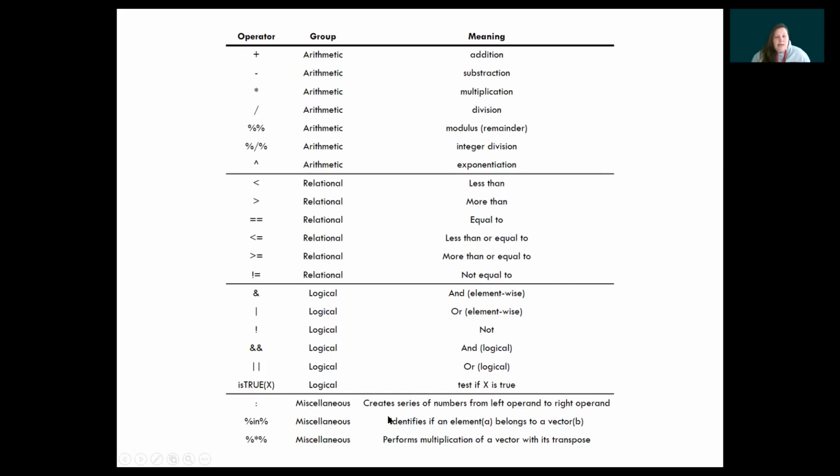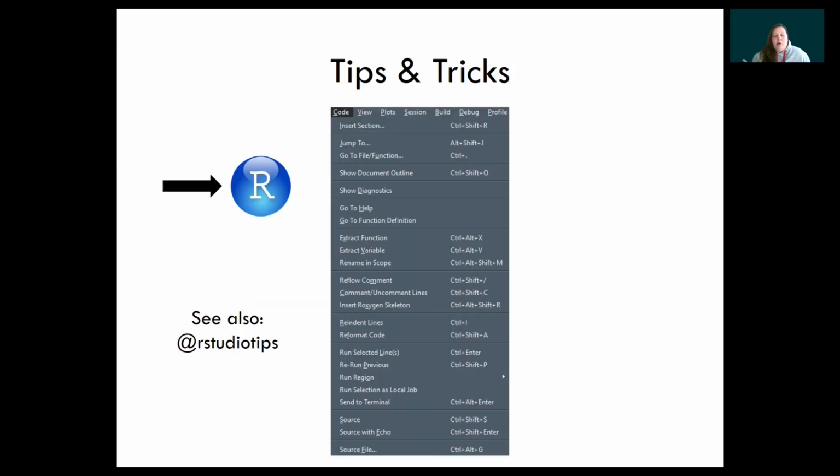And there are the miscellaneous operators. For example, the colon here is usually used if you want to create a series of numbers. If you start with 1 to 10 and you just want a sequence of integers, you would write 1, then the colon, and then 10, and you would get all the integers between 1 and 10. There are other tips and tricks in RStudio that are very useful,